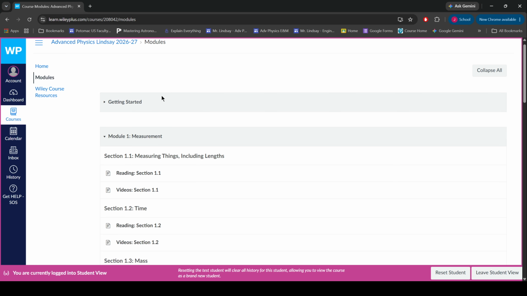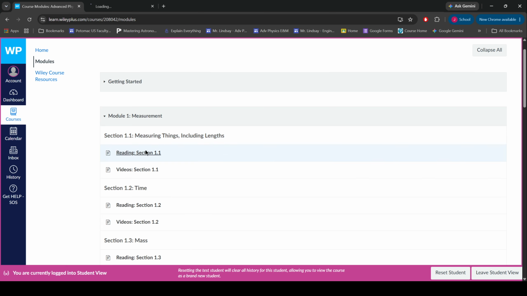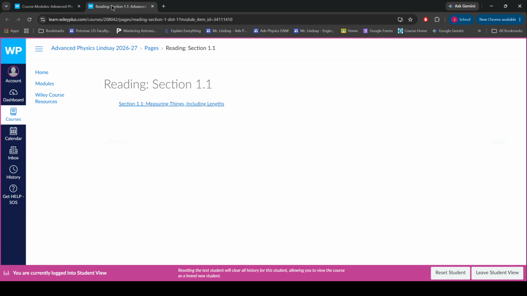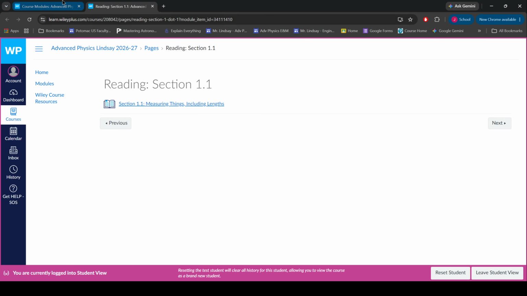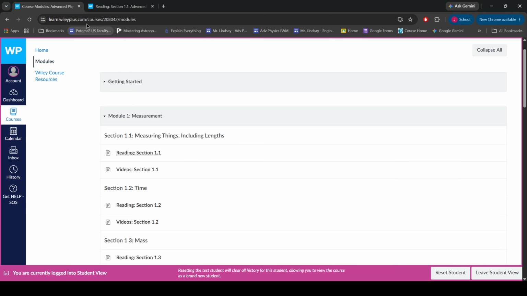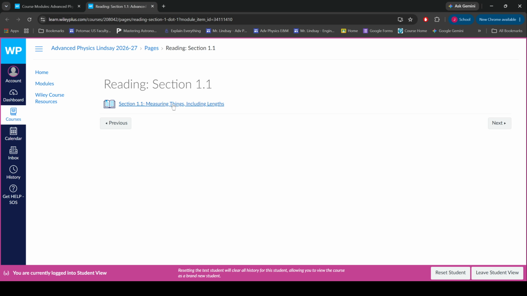So I tell you what I tend to do is I tend to just pop this out as a separate little tab. So hopefully you can just do your tab browsing kind of a thing. And now I will always have the modules open so I can pop out whatever resources I want and create additional tabs there. So if I click on reading here and then click on this one, it naturally gives me